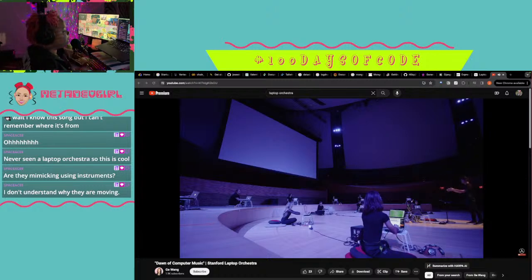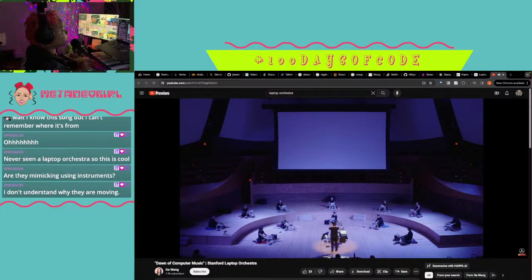It's hard to see, but they have like a chord, and I think that's a part of how they're playing.